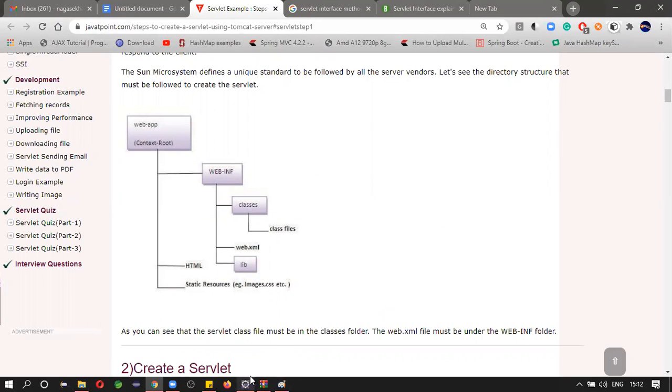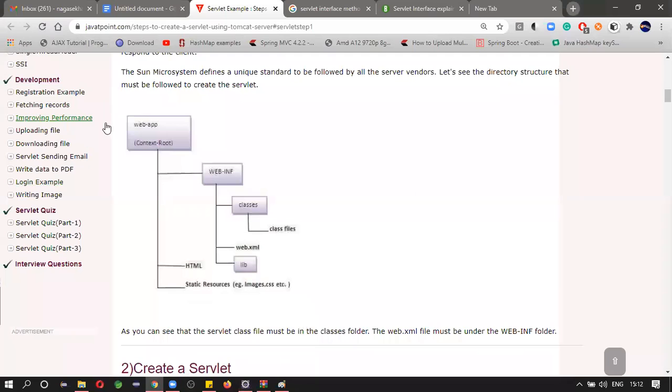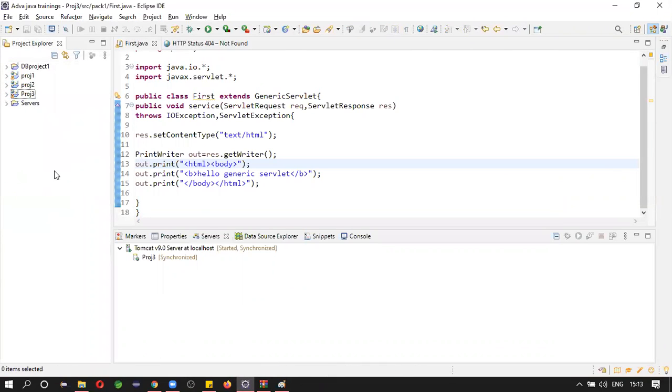Let us see in Eclipse. Web app, web app context. Let's open the project. Don't worry about these things. Just come here, web content. Click on the web content.